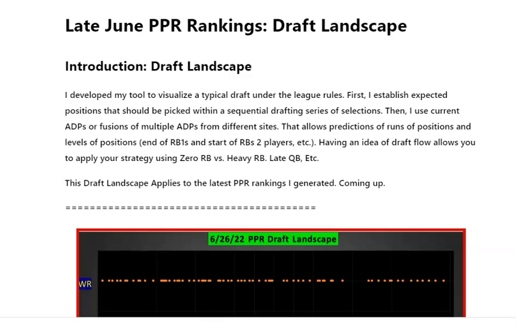I mean, there's no such thing as an average draft, but we have to have some idea. And my experience with my draft landscape is it's a pretty good tool to get a feel for how people will be behaving under